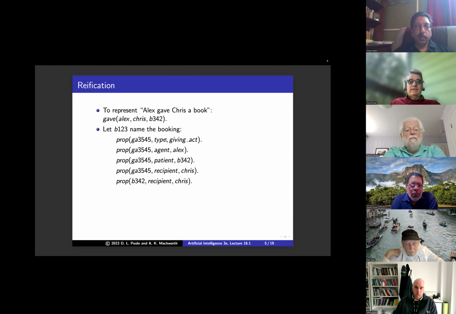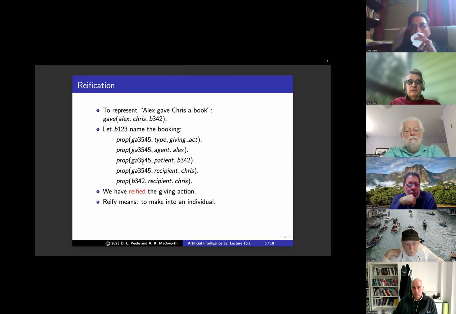So it has a type as a giving action. The agent is Alex, the patient, the thing that's being passed, is the book, and the recipient is Chris. So you introduce that, and you call this reifying the action, and then you make it into an individual.